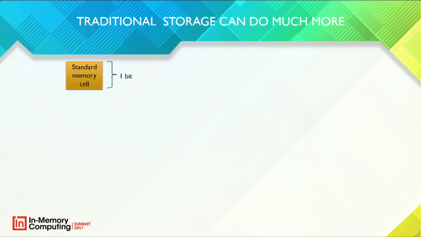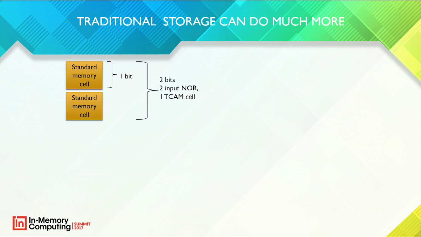Now, if we take one standard SRAM cell, as we know, it's 1 bit of cell. If we take 2 bits, we can look at it as a 2 bit,